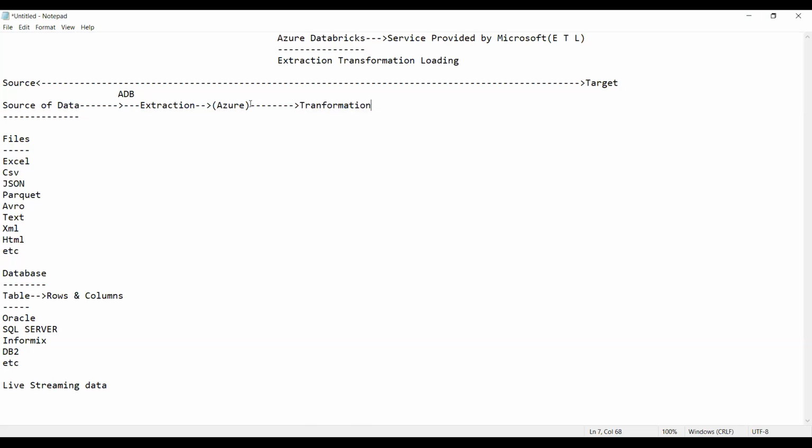Once the transformation is completed, ultimately we load the transformed data into the target, which is called loading. Loading into the destination. Destination or target is the same, guys.